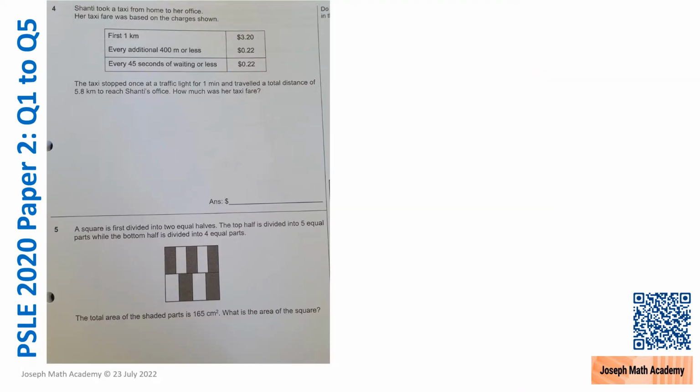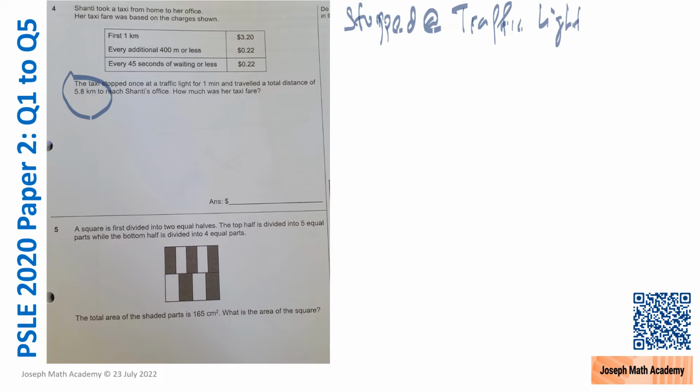Now, question 4 is on rate, the topic on rate. Now, Shanti took a taxi from home to her office. Her taxi fare was based on the charges given in the table. Now, the taxi stopped once at a traffic light for 1 minute and then it traveled for a total of 5.8 km to reach her office. Now, when the taxi stopped at a traffic light, this is a very important piece of information. Stop at the traffic lights for a minute. Now, if you look at the table, this one over here,